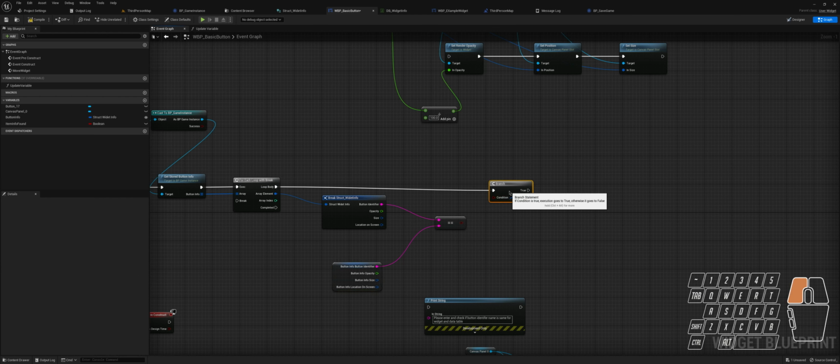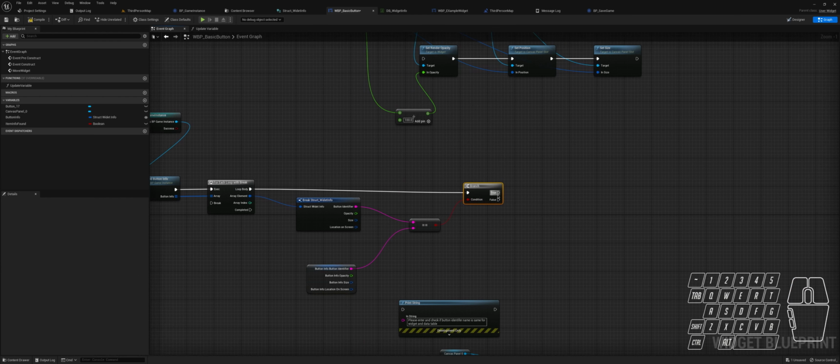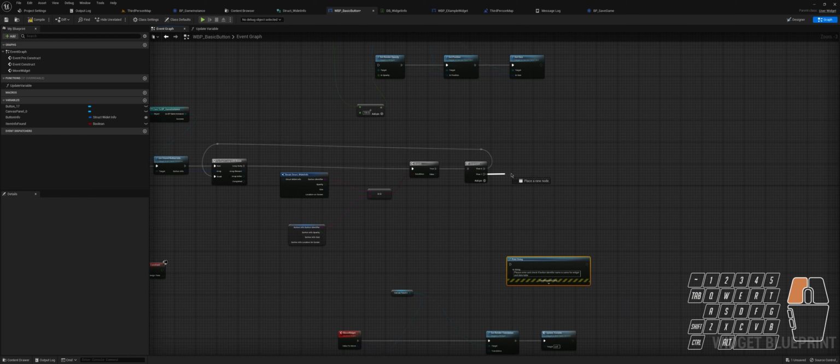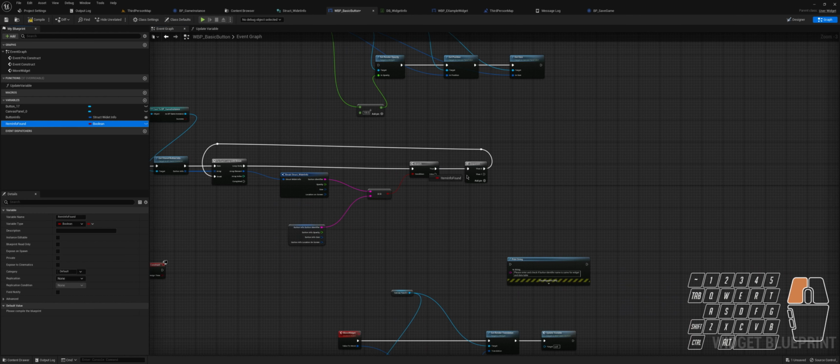Make a branch, and if this is equal, that means we found an array element that stores this value. So if this is true, then we will just set item found to true,